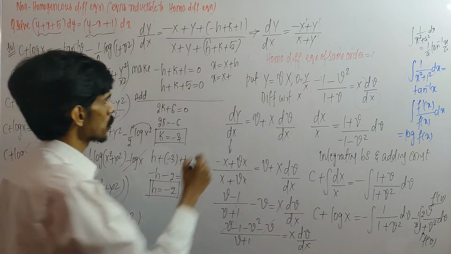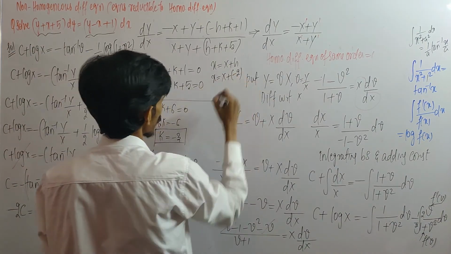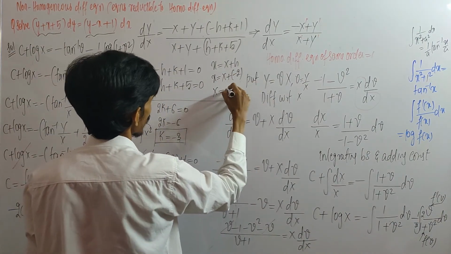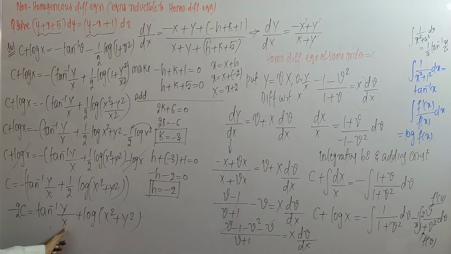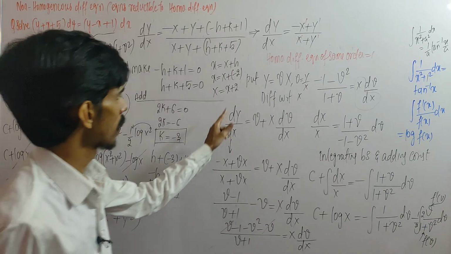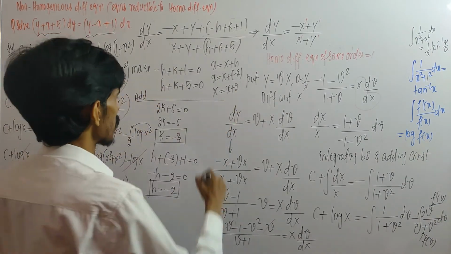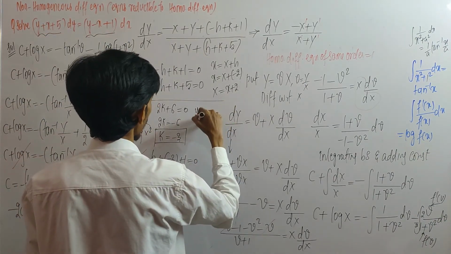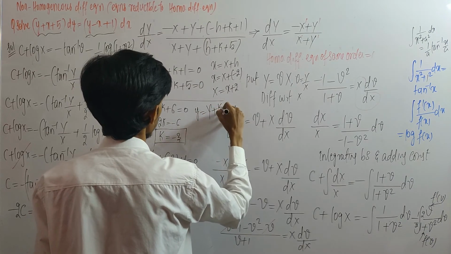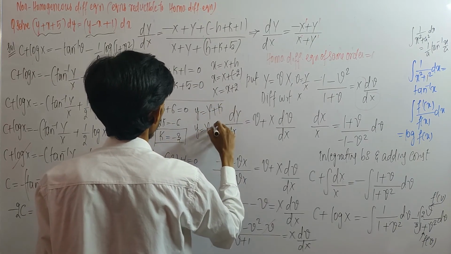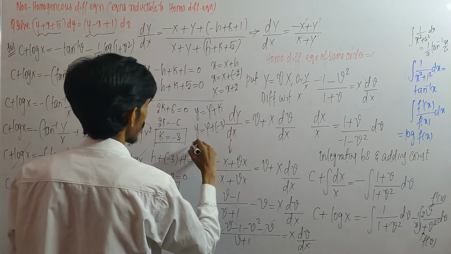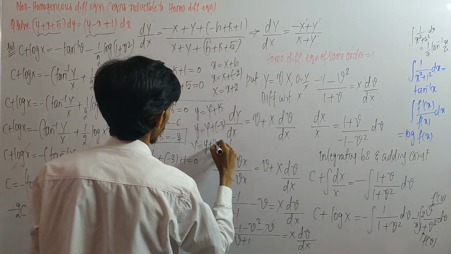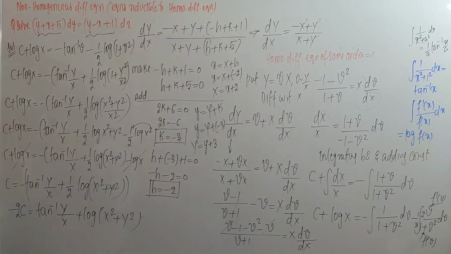Small x value is capital X plus h value. The h value is minus 2, so here I'll get minus 2. So from this, capital X value is small x plus 2. We have to replace capital X by small x plus 2. Similarly, we put small y as capital Y plus k. The k value we got is minus 3, so capital Y value is small y plus 3. So we have to replace this.